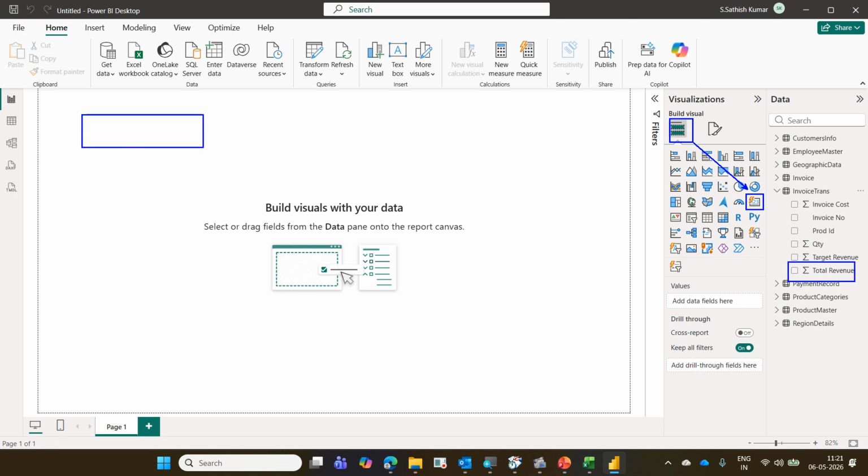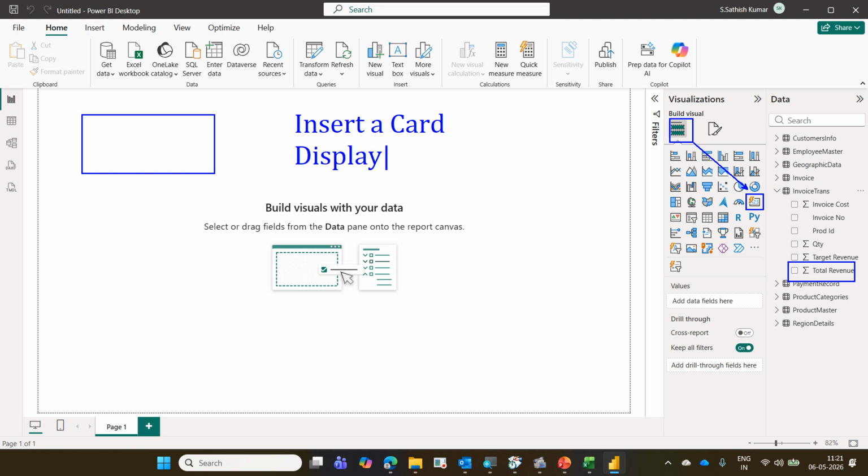Insert a card. I want you to try this. Maybe 2 or 3 minutes you can try this. Insert a card and display the total revenue. And you have to display the exact value, not million, billion, trillions. If it is 10 crore, then 10 crore 56,000.